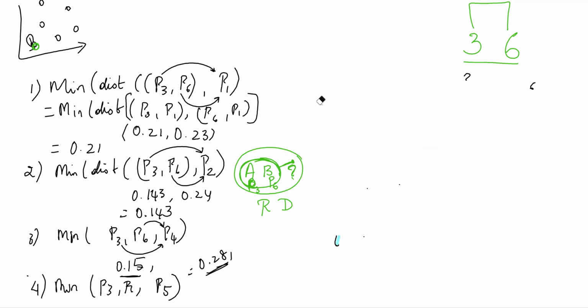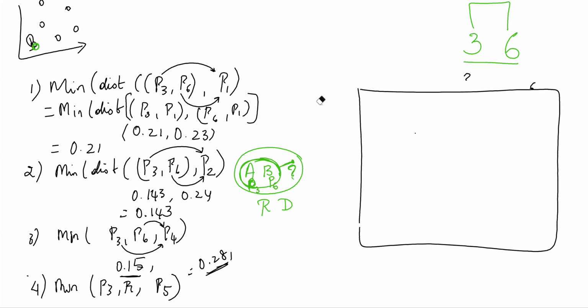So in the new table, P1, P2 will be one cluster, no? Then P2, no, P4 and the new P5 cluster, yes. I'll tell you how it will be. So in the new cluster now, I will have a new table that I'm going to construct, and the table will have values like